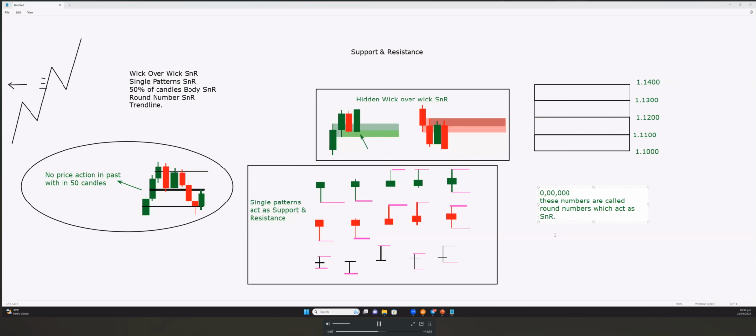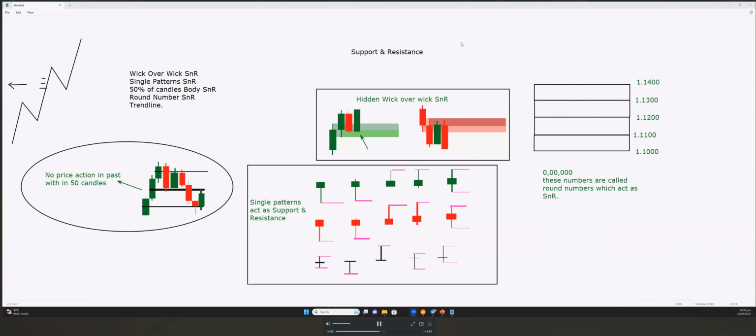Because in forex market trading, traders set their stop loss targets and take profit targets at round-number prices. So that's the reason these round numbers act as support and resistance, because there will be pending orders on each round number. These pending orders will react when the price reaches that round number. So one or two candlesticks reverse back, and sometimes not, but these round numbers will be called support and resistance.